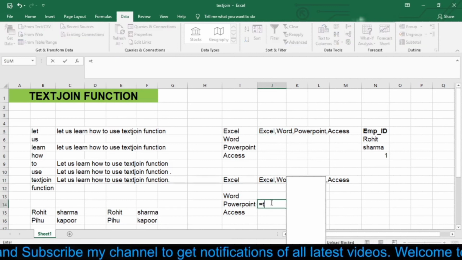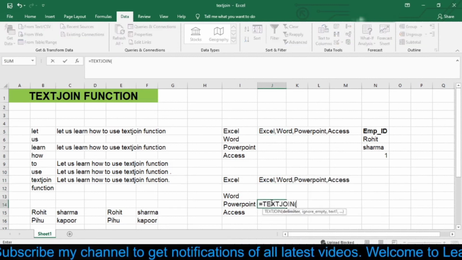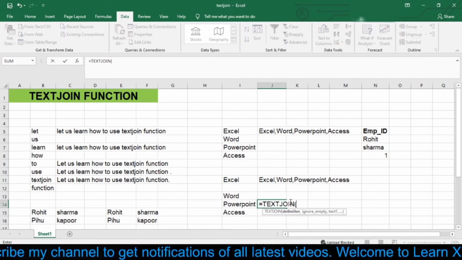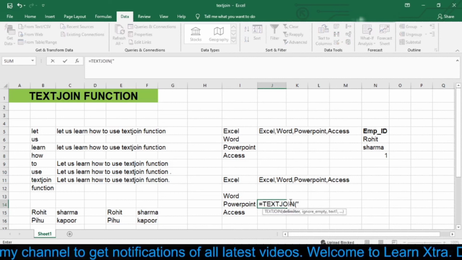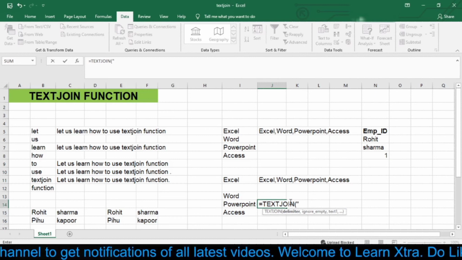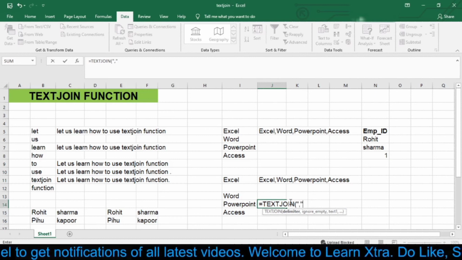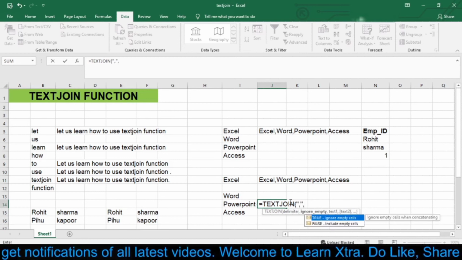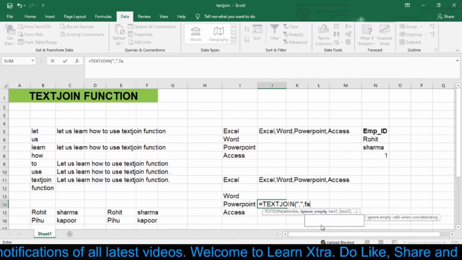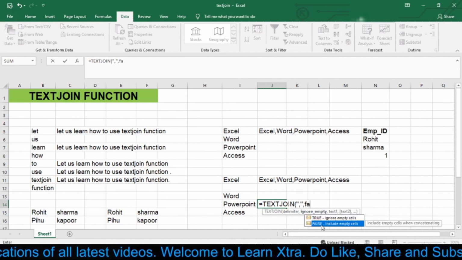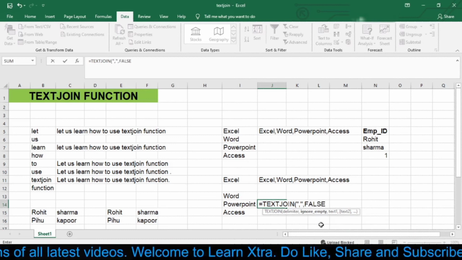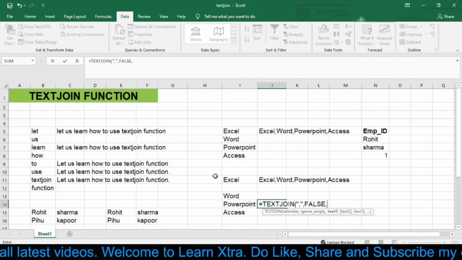Now again type this TEXTJOIN formula and do the same, but here we will use FALSE. So here I have selected FALSE to include empty cells, and then in text select I11 to I15.